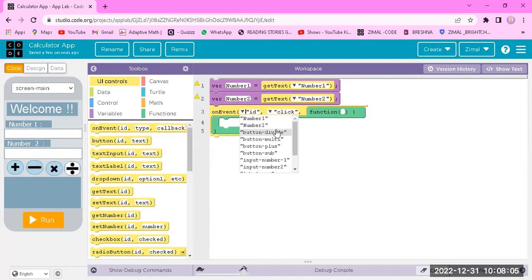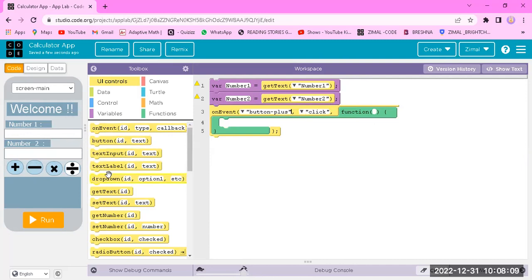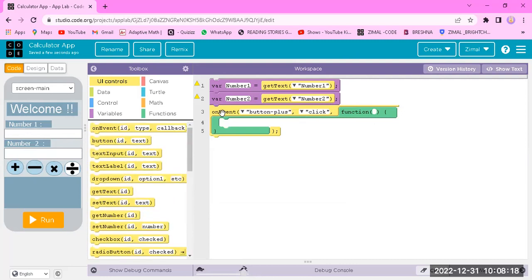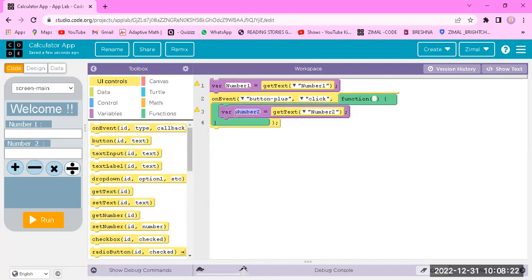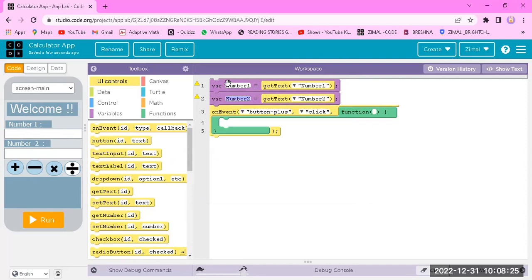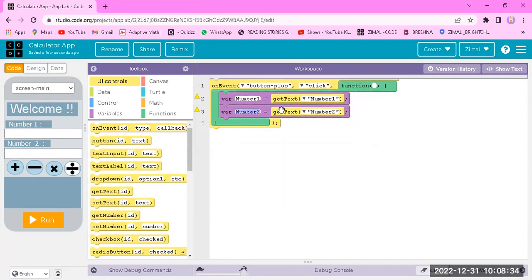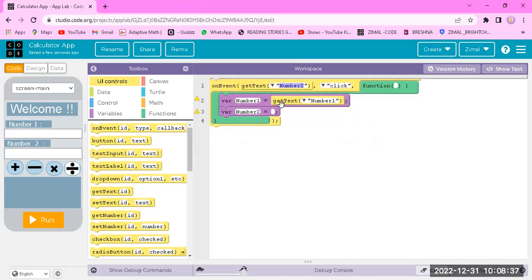Okay, when the add button is clicked, button plus, yes, when the button plus is clicked, what it will do, it will make, I think these buttons are at this time. Okay, at this time, yeah, so what you have to do, I think that's a bit misplacing. What you have to do,